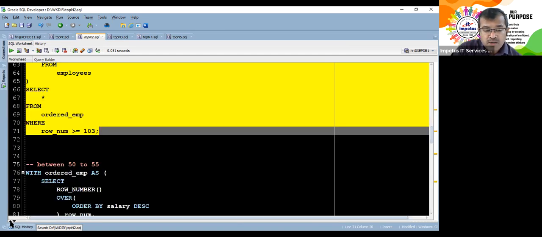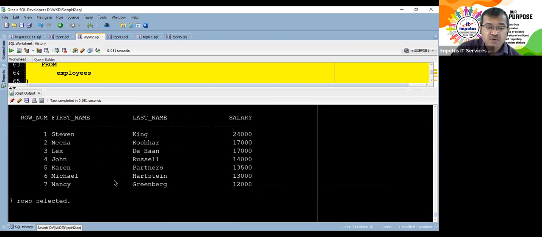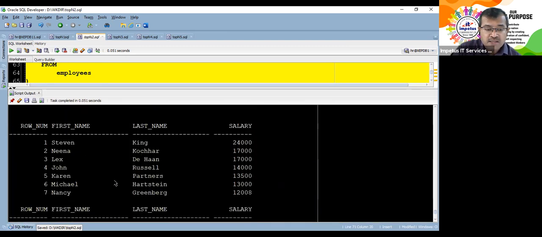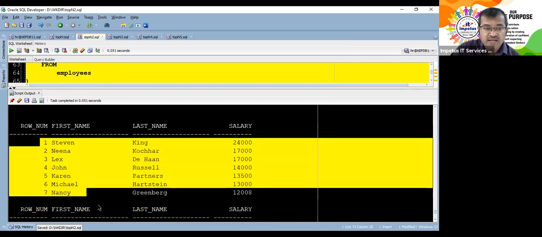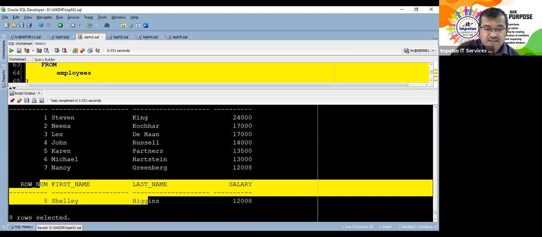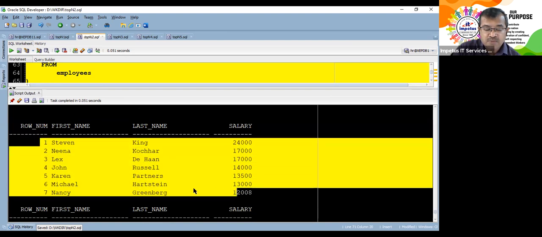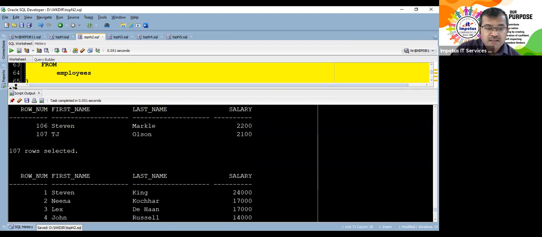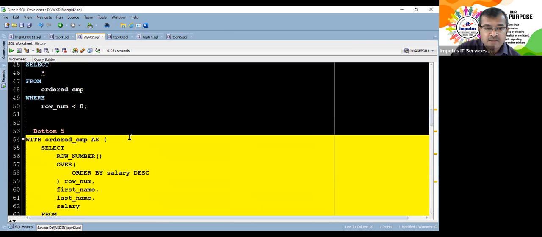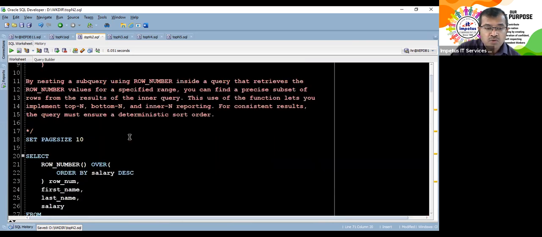But more important than this, the row number function can be used for pagination. Now, if I talk about a page, how many rows are there in one page? Suppose there are only 7 rows in one page. Can you see this? One page gets over and then the second page starts. What I'll do is increase the page size slightly and take 10.